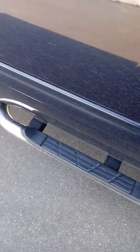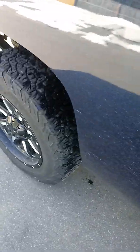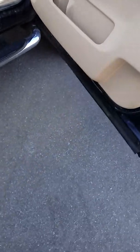going up the passenger side, other than it needs a bath and a little bit of cleaning from the salt and stuff, and then looking at the wheel well, it looks very, very clean. I don't see one little bubble or anything. It's got a strong exhaust. It sounds really cool, at least I think so. Pop these doors open and get you another look